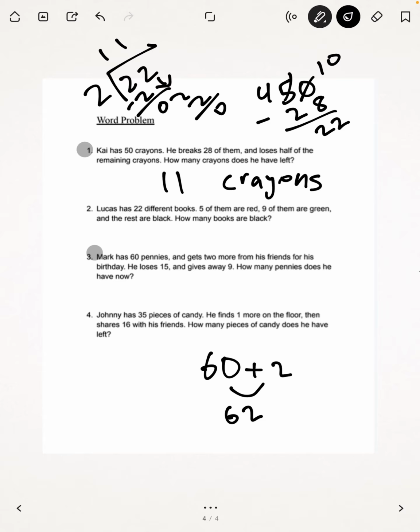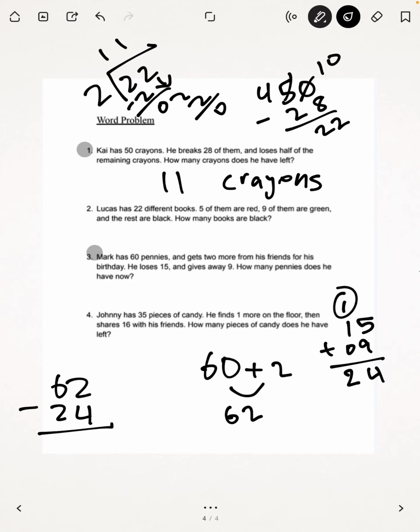The easiest way to do it is just add 15 and 9, because that's how many he lost in total. 5 plus 9 equals 14. You can't put it like this, so you would put it on top over here. You would add 1 plus 0, which is 1, and then you'll add this top number, which equals 2. So he lost 24. So he has 62 in total right now, and he loses 24, so you have to